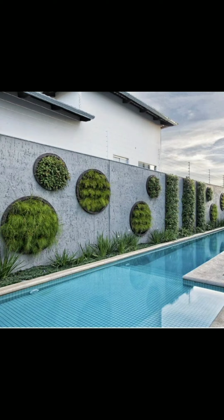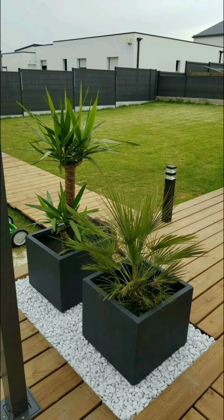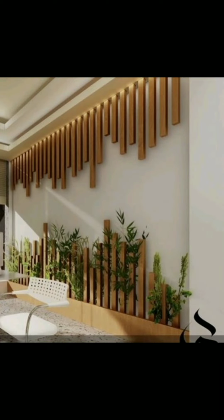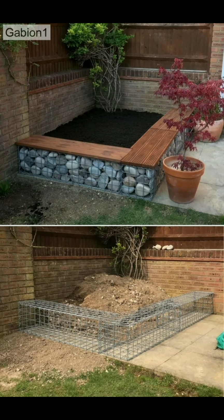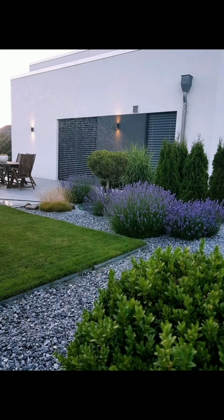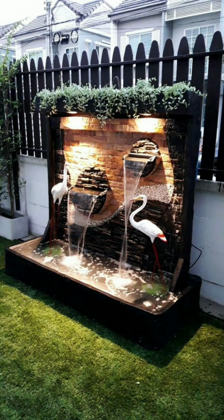Designing a beautiful garden involves careful planning, creativity, and a harmonious blend of various elements. Here's a detailed guide on how to design a beautiful garden. Firstly, you need to define your goals, determine the purpose of your garden, whether it's for relaxation,